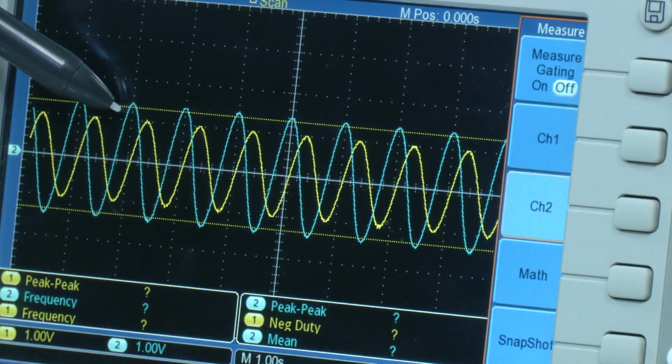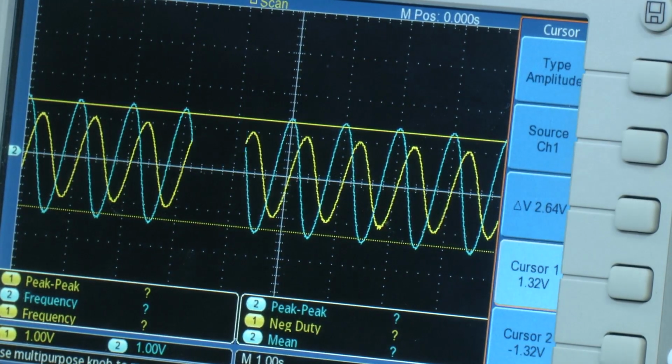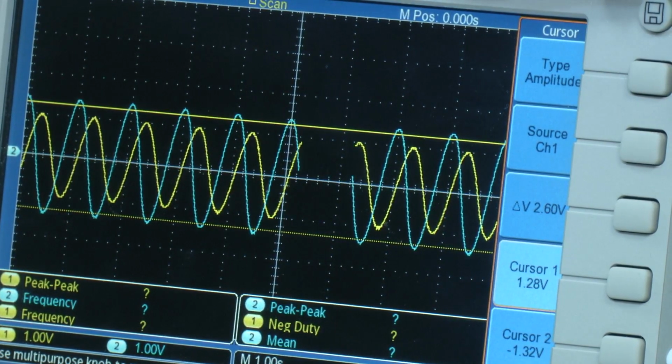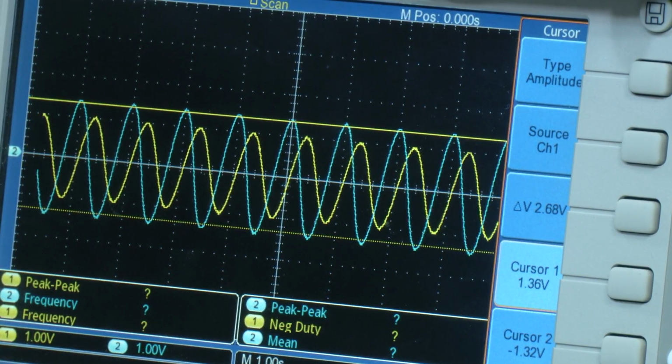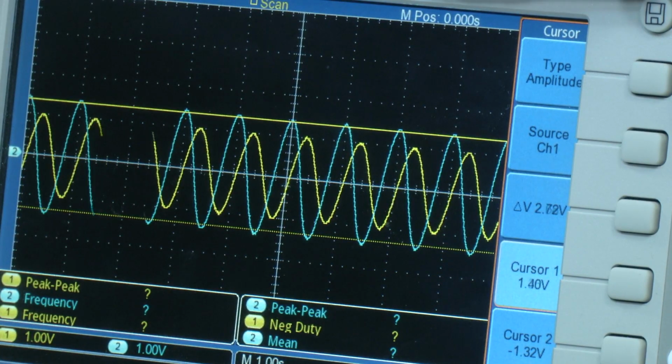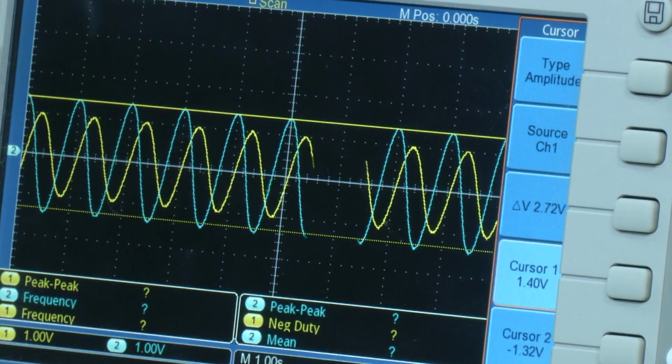This cursor point is 1.4. When you look into the cursor, oh, it has been changed, it should be 1.4.